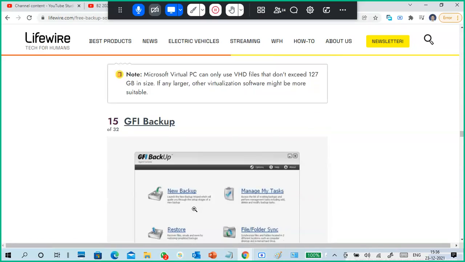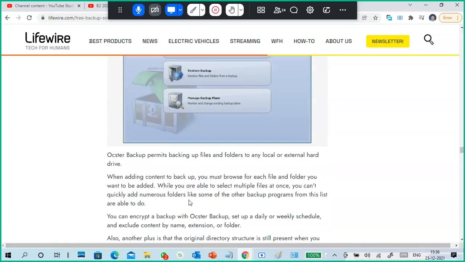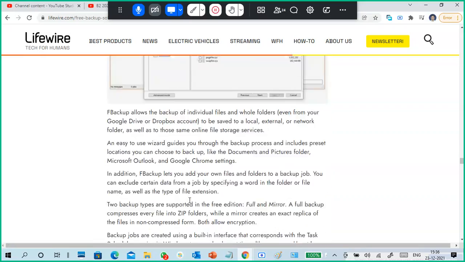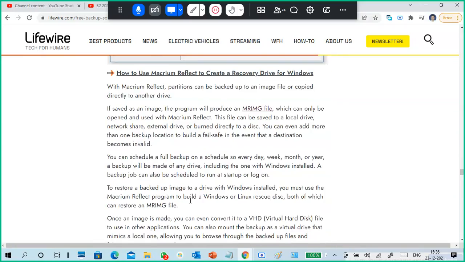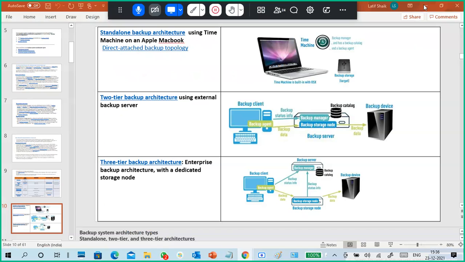Like this, there are so many types of system-based tools. Shampoo Backup, Grape Backup, SD Backup, like Odin Backup, Clonezilla Backup. Different tools you can use and you can take a backup.